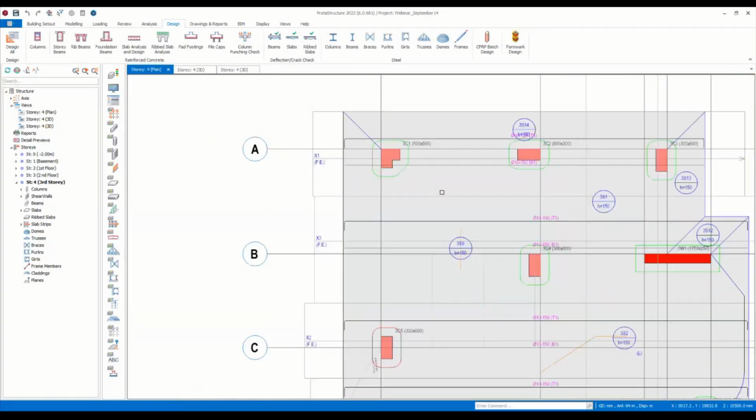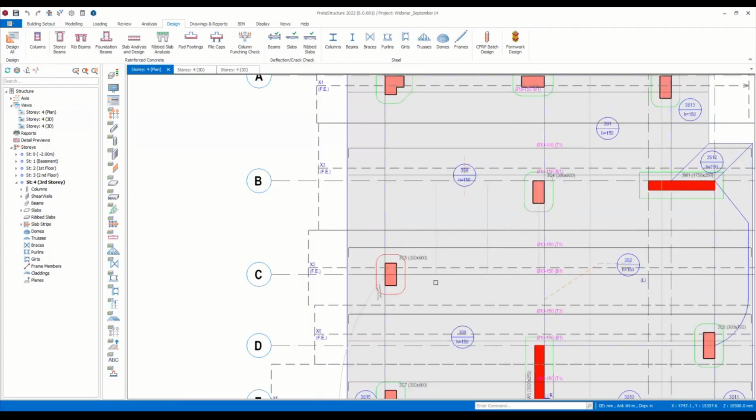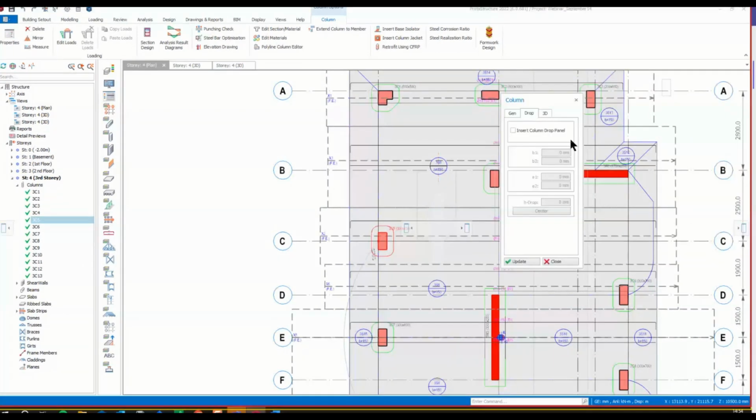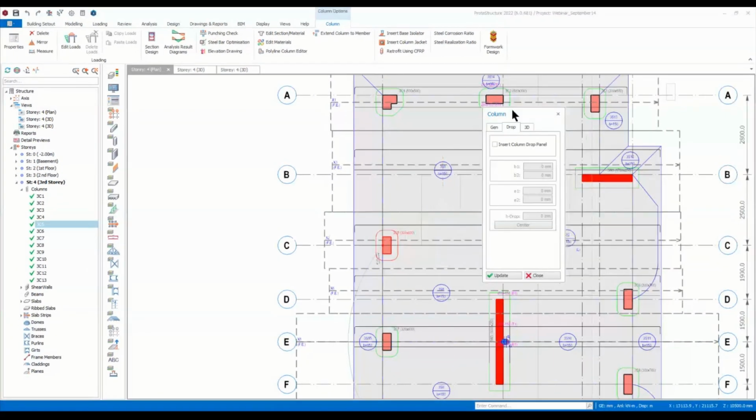But if it is drawn in red color, your slab is not adequate for punching. So what you can do to overcome this is you can insert column drop panels from the column properties window from here. You can enter the dimensions of the drop panel and arrange its location. Or